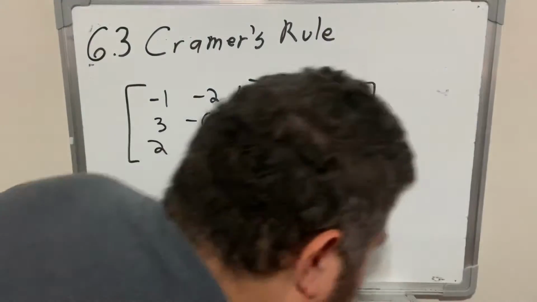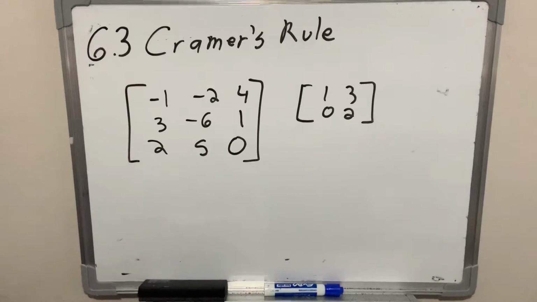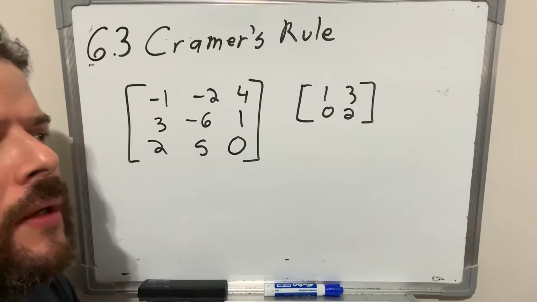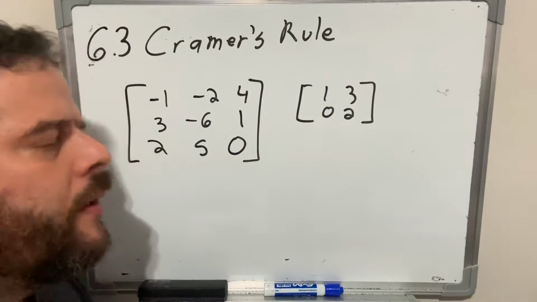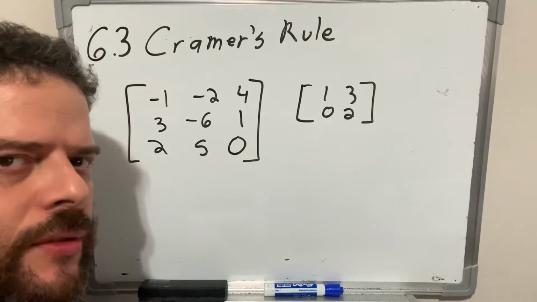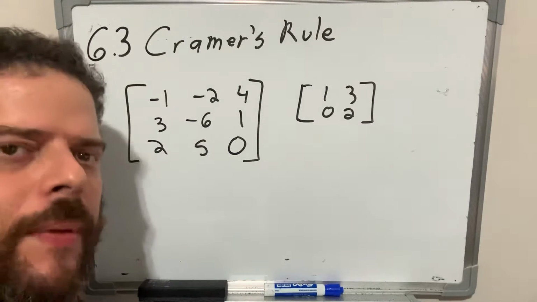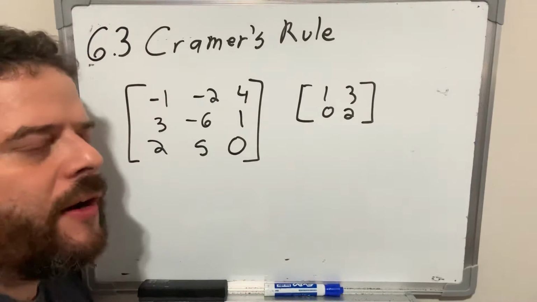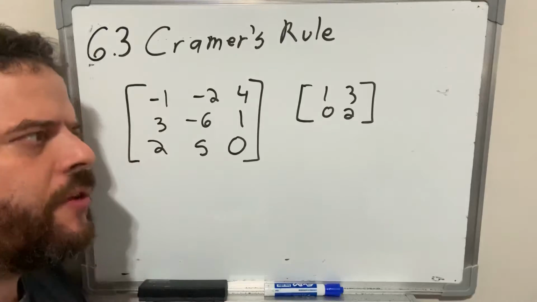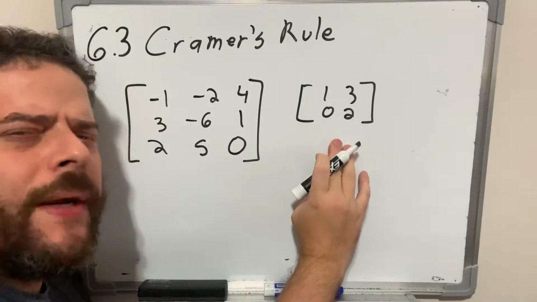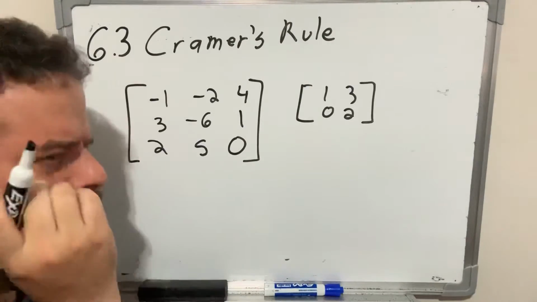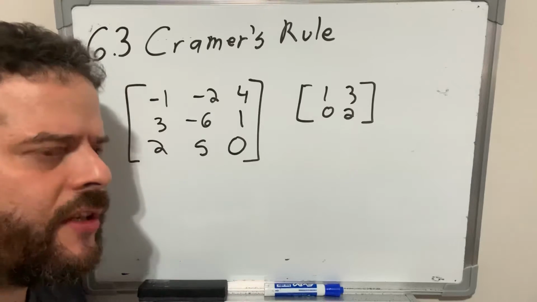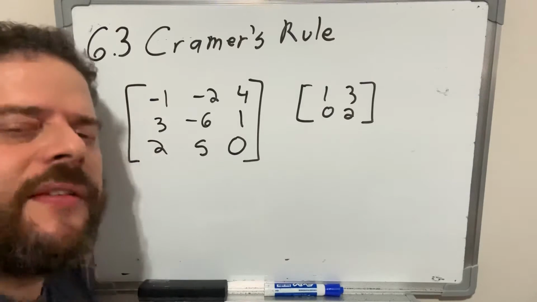Hello guys, today we're going to be working on 6.3 or Cramer's rule. Cramer's rule is pretty much using determinants to find the solutions to systems, 3x3s, 2x2s, etc. First of all, you need to know how to find the determinants. Yesterday we went over finding the determinant of a 2x2 matrix. Today we're going to go over how to find the determinant of a 3x3 matrix, and also Cramer's rule, which you'll see is going to make your life way easier when you're trying to solve